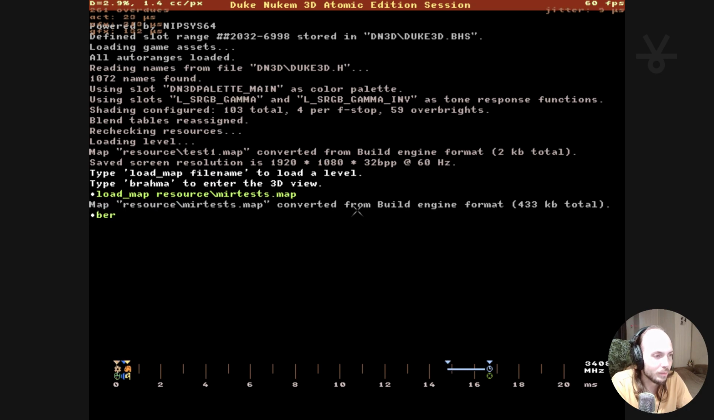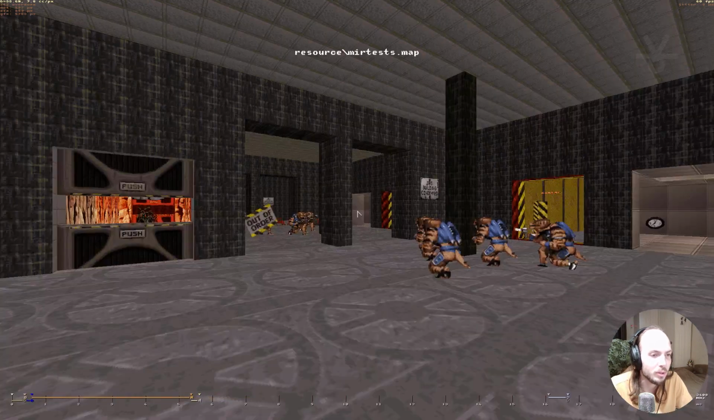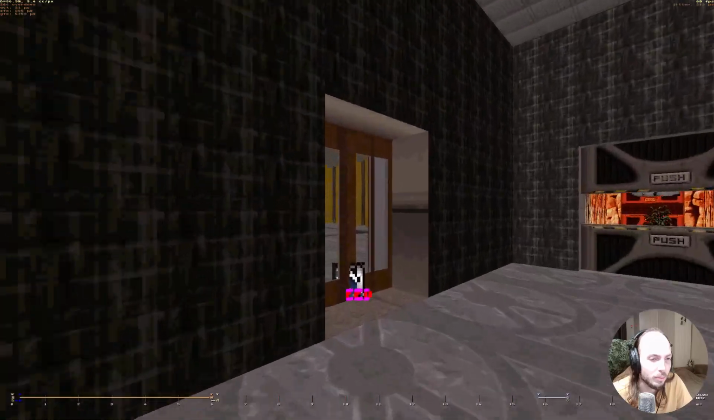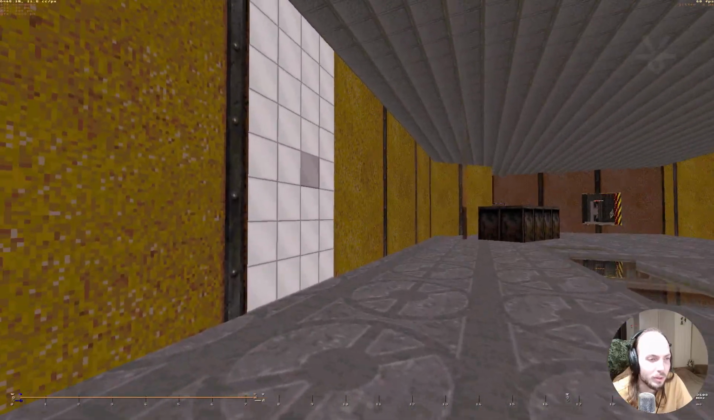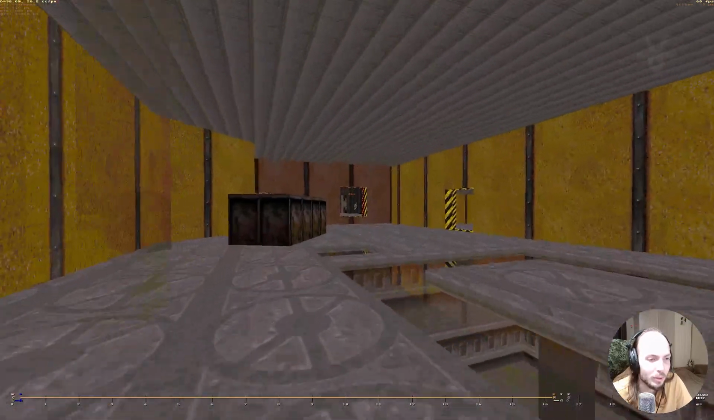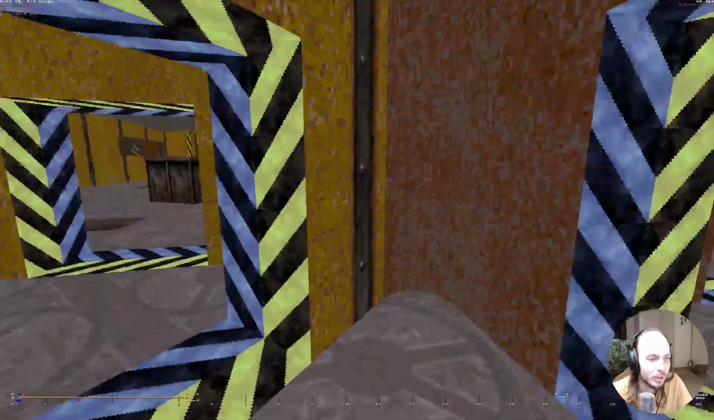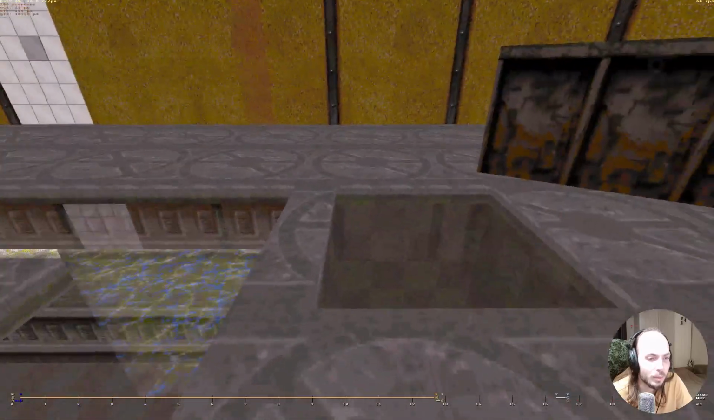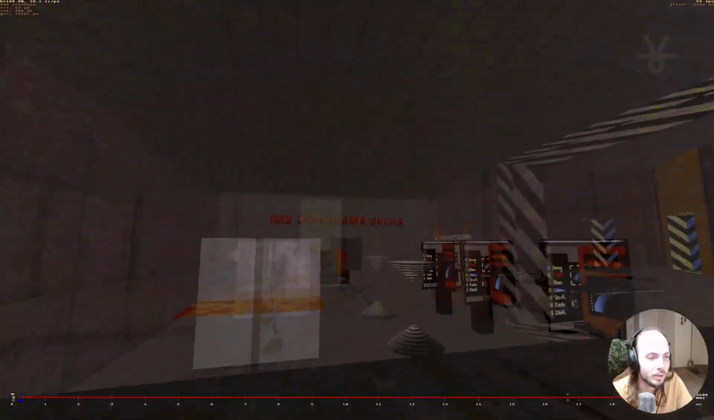Okay, start Brahma, and here the interesting part is, well, every part is interesting in some sense. There are non-Euclidean portals, there are transparent water, and there is